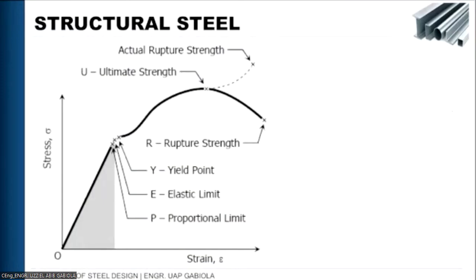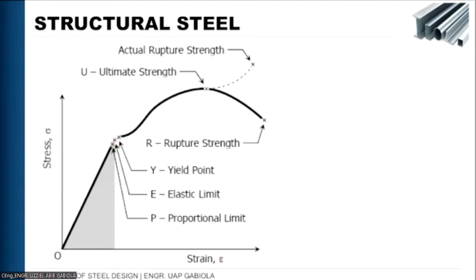So same figure, so starting from the origin up to the proportional limit wherein dito again we have a linear relationship between our stress and strain, meaning an increase in stress will result in an increase in strain, a decrease in stress will result in a decrease in strain. Okay. After that point, we have the elastic limit, wherein beyond this point, our material will now experience permanent deformation. Okay. So if our material is not yet reaching this point, the material will still return from its original shape,